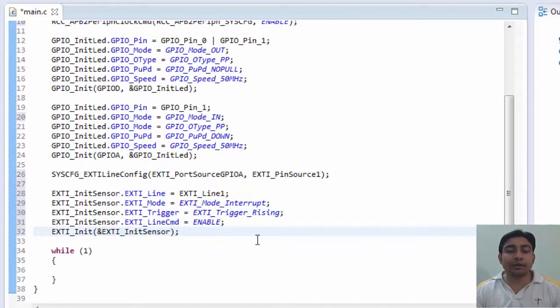Okay, now configure the NVIC for external interrupt line 1.